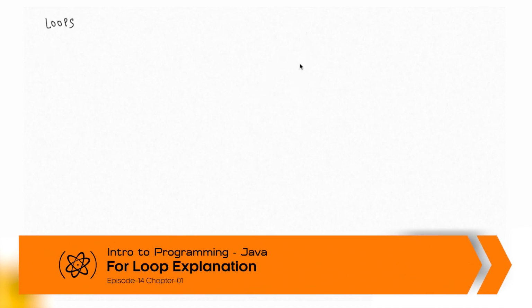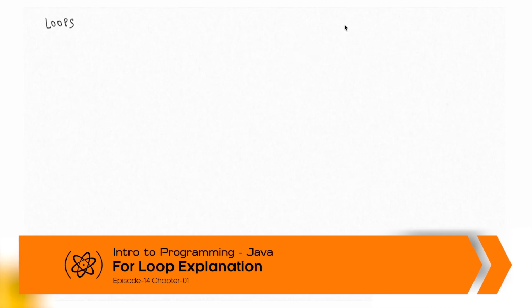Let's look at loops. What are loops? Before that, let's talk about an example. Let's say you want to print every number from 1 to 10. Right now, you know how to print anything in Java. You write down